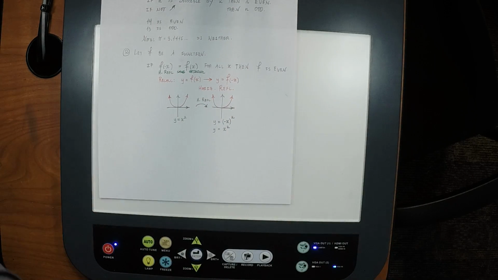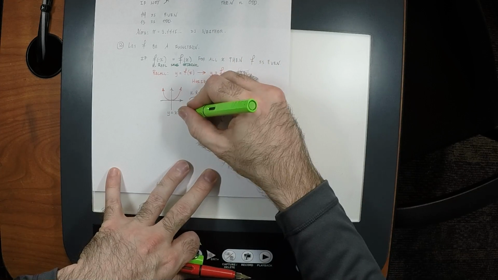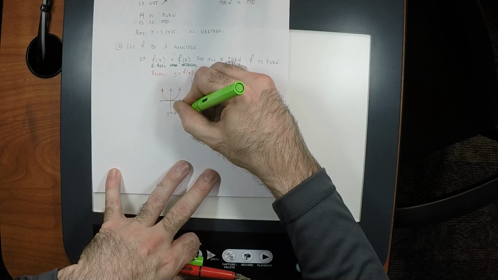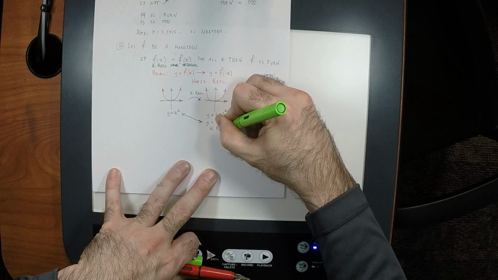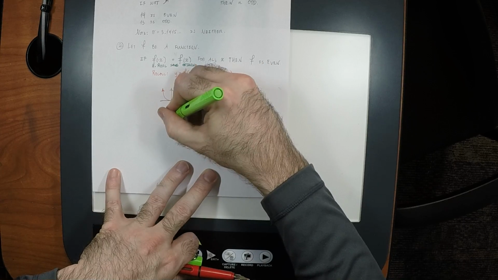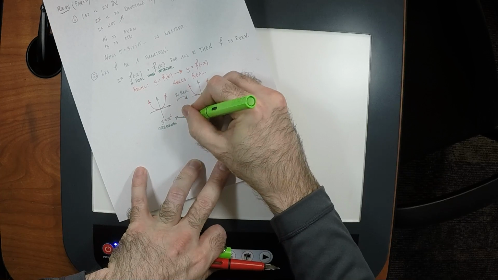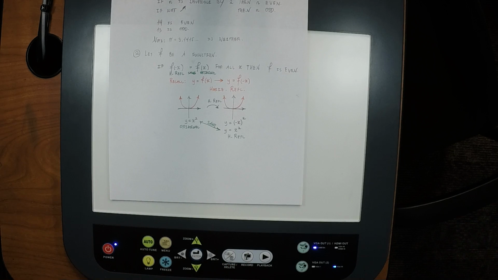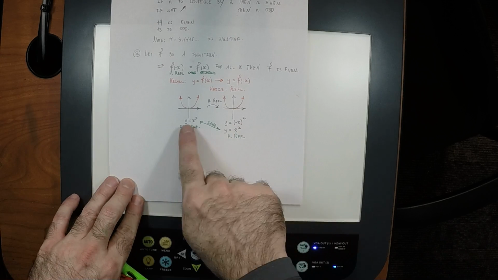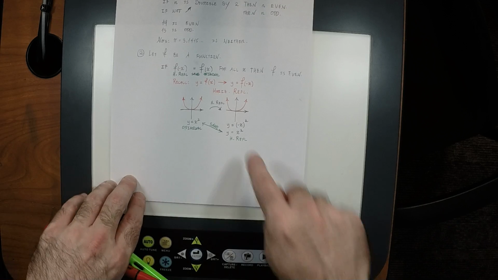So what I want you to observe is that the picture and the algebra are saying that the horizontal reflection is the same as the original. That's what it means to be an even function. So, notice that that equation is the same as that equation. That picture is the same as that picture. And that